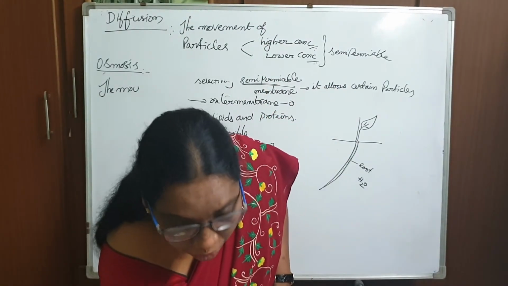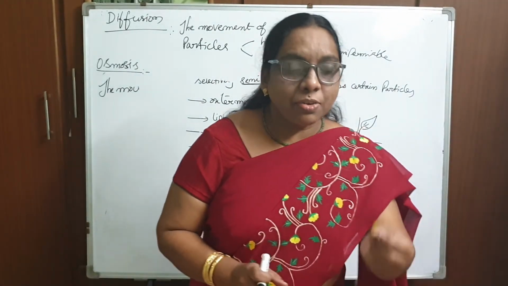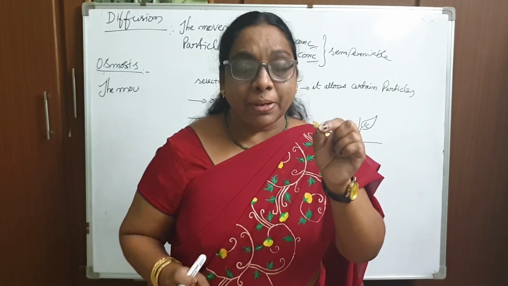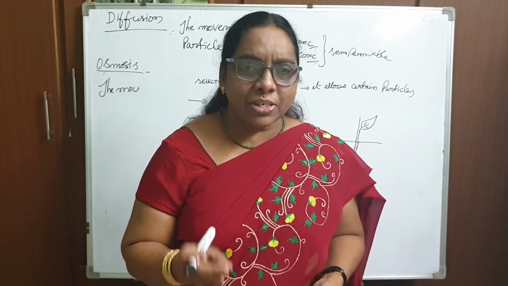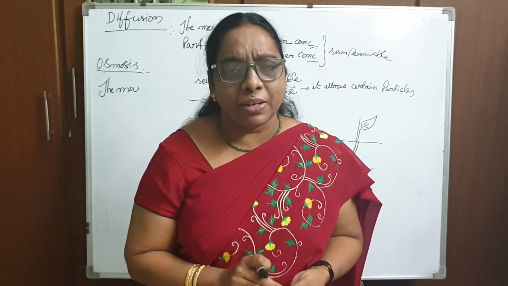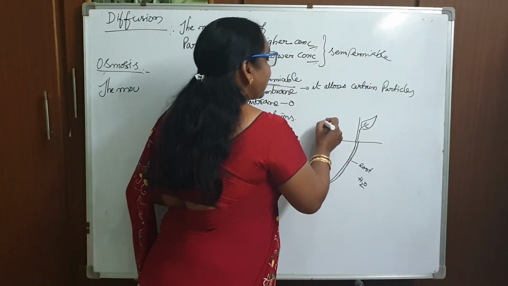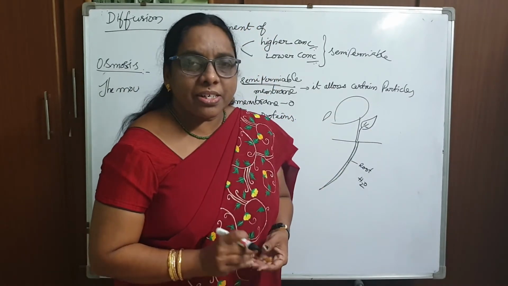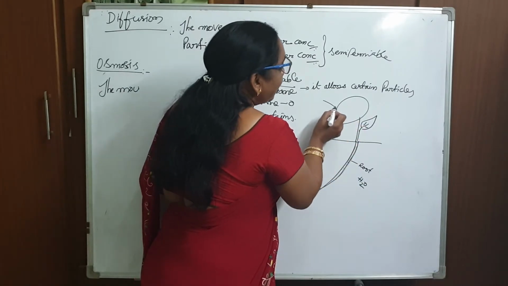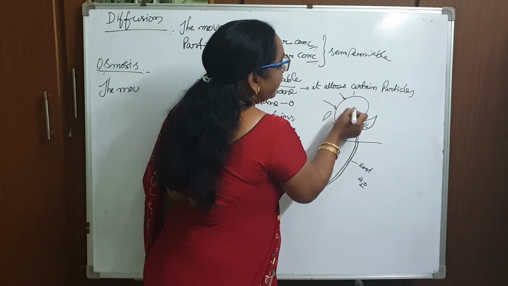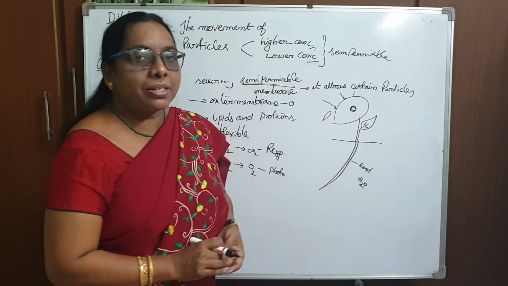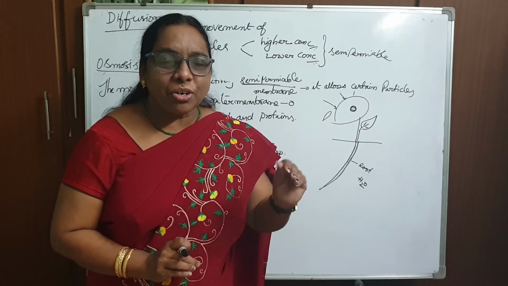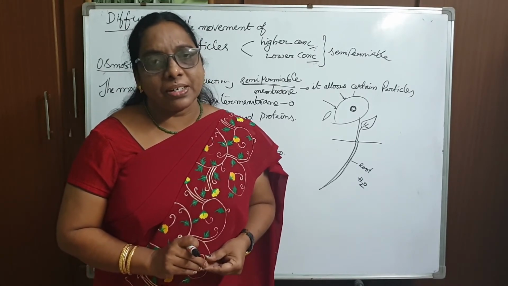Let me give it. We are going to do that particular activity right now. These are called dry resins. The resin is covered with a thin membrane. When you soak this dry one in water, within half an hour or one hour, it will bulge out. The dry resins are like this. So when you keep it in the water, what will happen? It swells up. What makes it swell up? The water particles pass through this membrane and enter inside, and that allows the resins to bulge out and swell up. Am I clear to you, children? Yes. These two are the best examples for osmosis and diffusion.